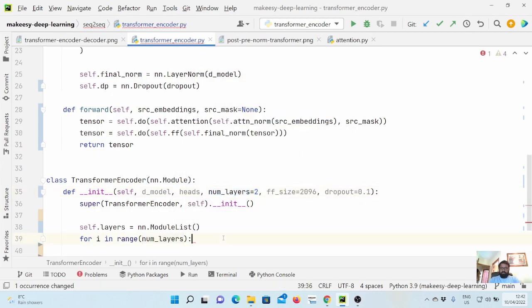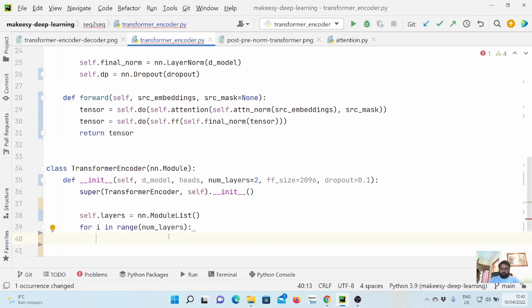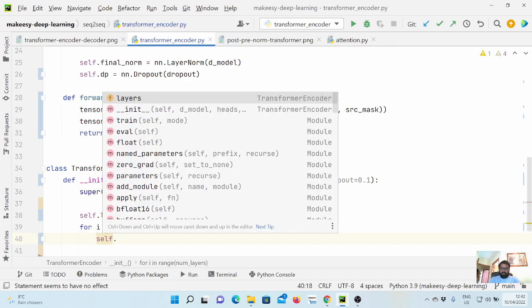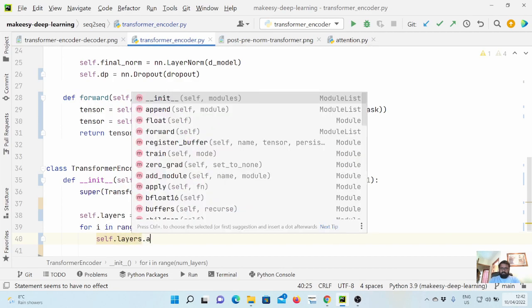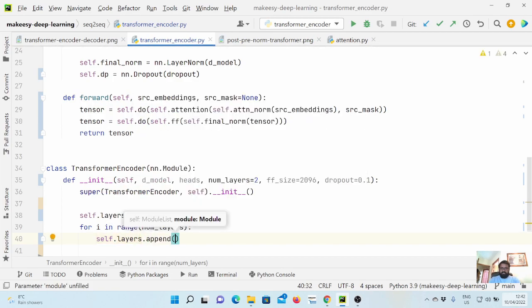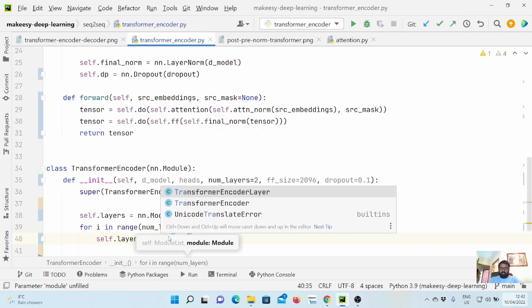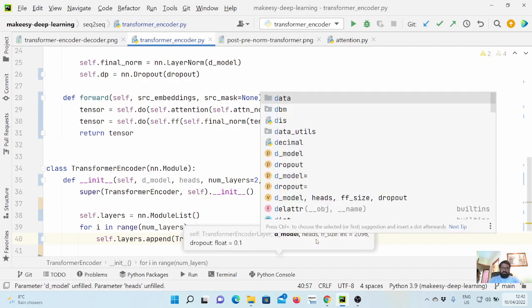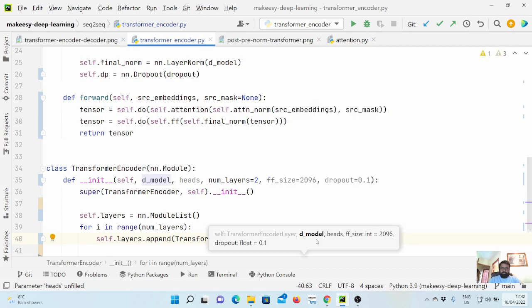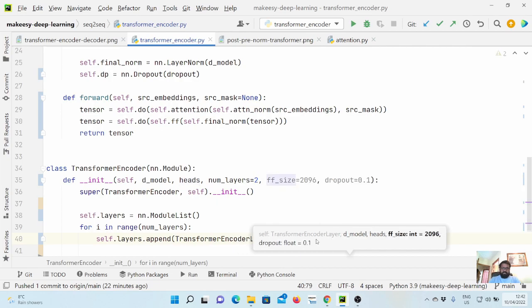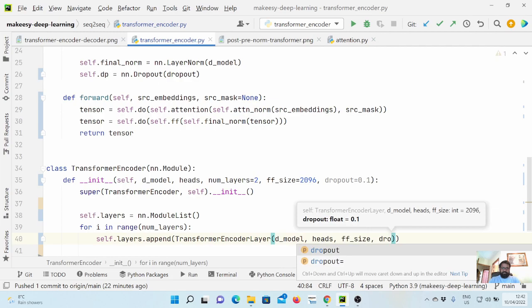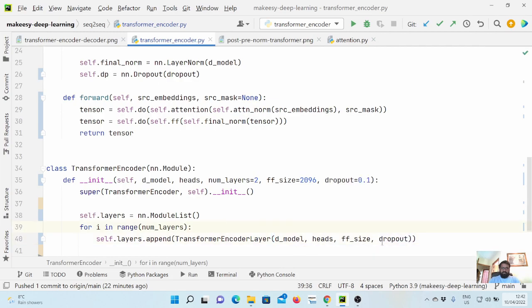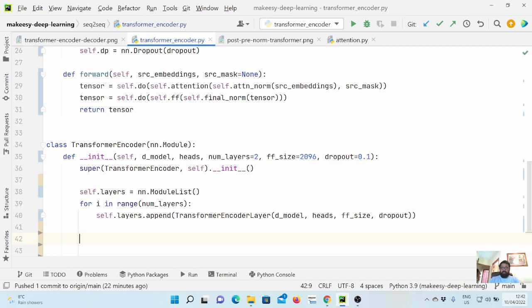Okay, and what we will do is simply create self.layers.append, and we will simply create a transformer encoder layer. Okay, and what it accepts is the dimensionality of the model, heads, ff size and dropout, and that's all. Now we also create a simple norm layer here as well, that the final output will